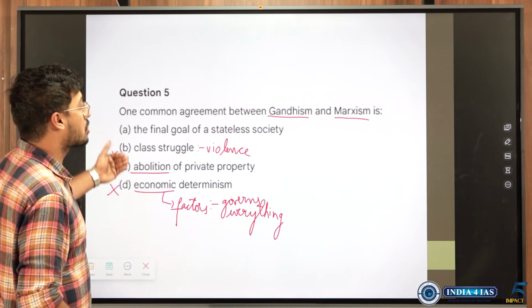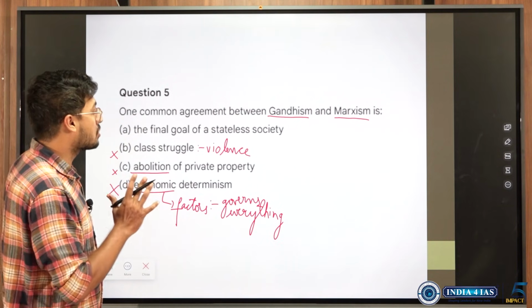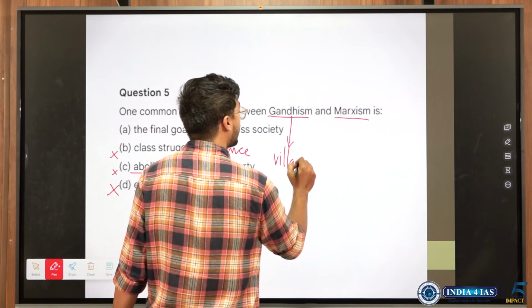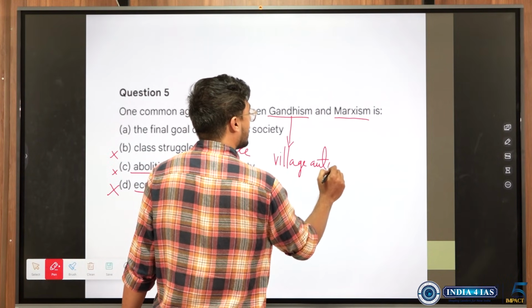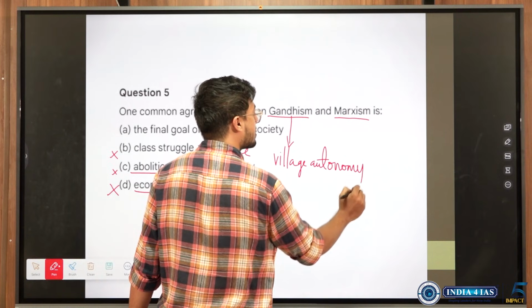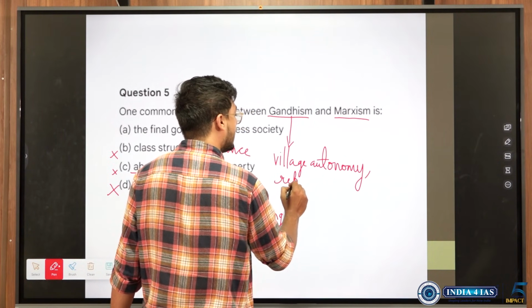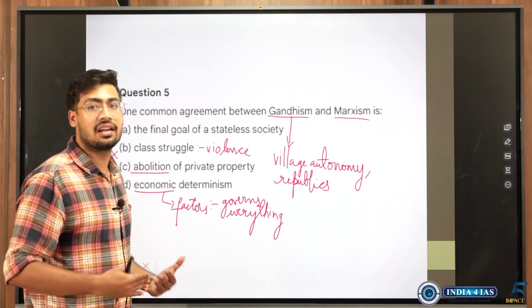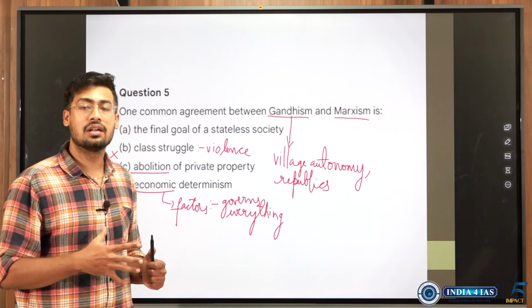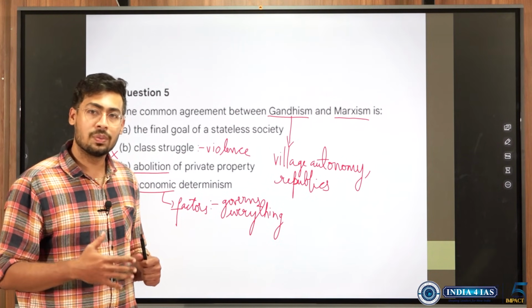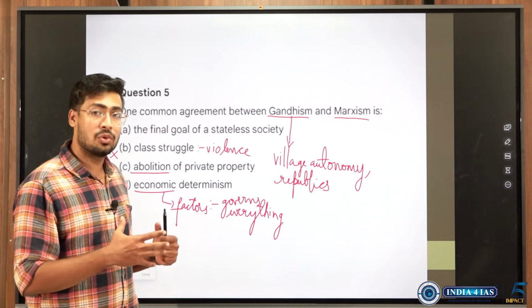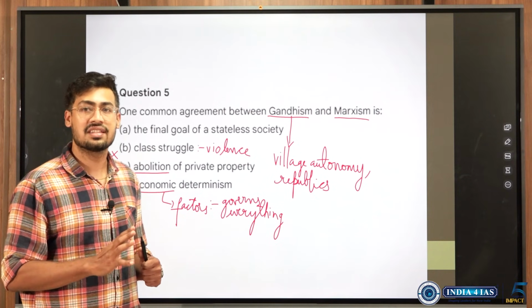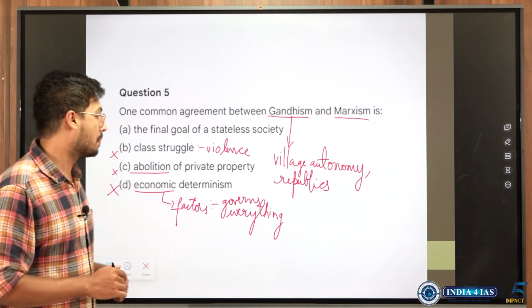The final goal of stateless society. What did Gandhi speak of stateless society? Gandhi wanted village republics or village autonomy. He wanted villages to act as independent republics. He was against the parliamentary system that has been functioning. He did not want a centralization of function. He wanted people to live in the rural setup, to be ecologically sustainable, and to function as independent and self-sufficient units rather than being under the central unit such as that followed in the parliamentary system.